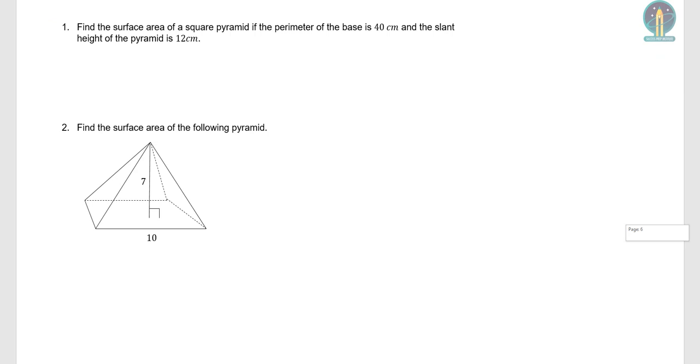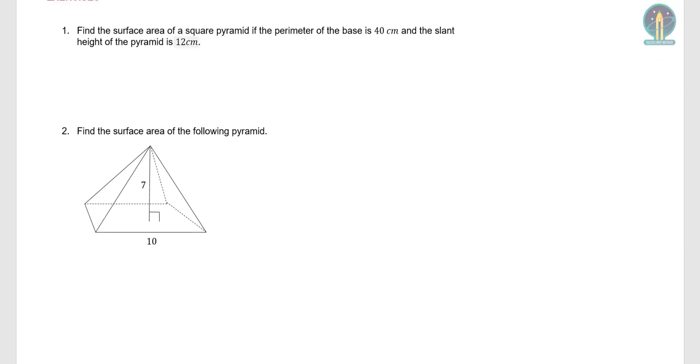Okay, find the surface area of a square pyramid if the perimeter of the base is 40 and the slant height of the pyramid is 12 centimeters. So the surface area, like we said, is equal to half the perimeter times the slant height plus the base area. Okay, that's for a pyramid, which gives us half times the perimeter, which is 40 centimeters, times the slant height, which is 12,